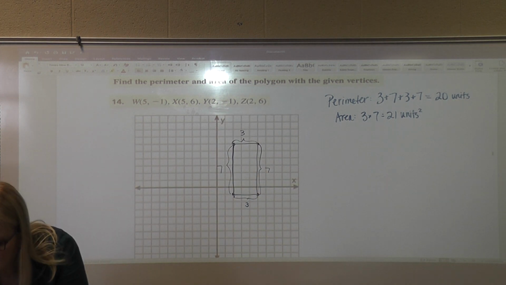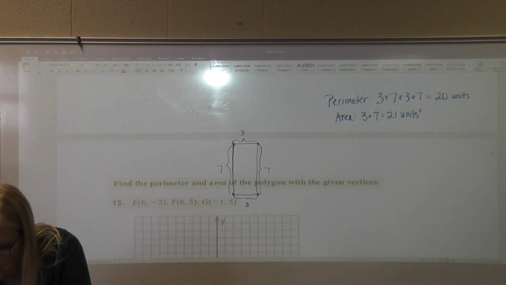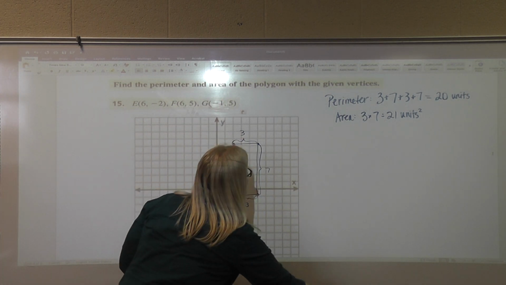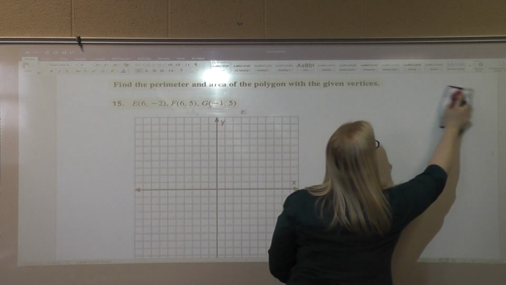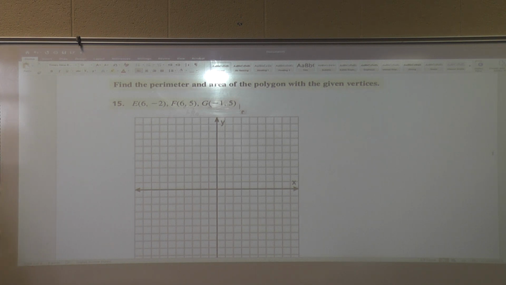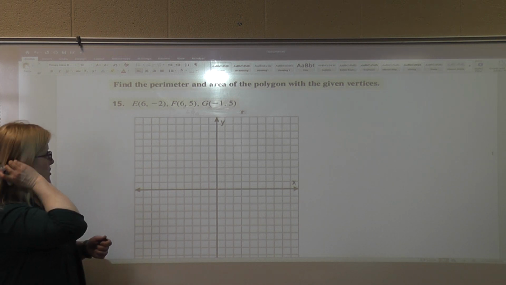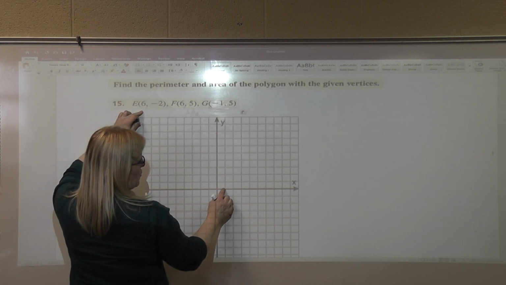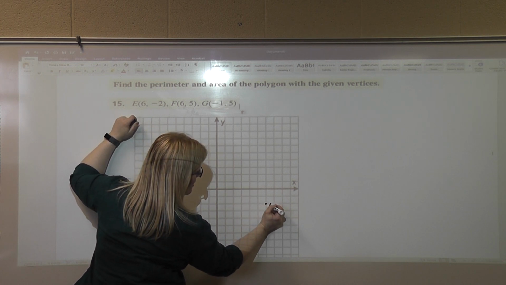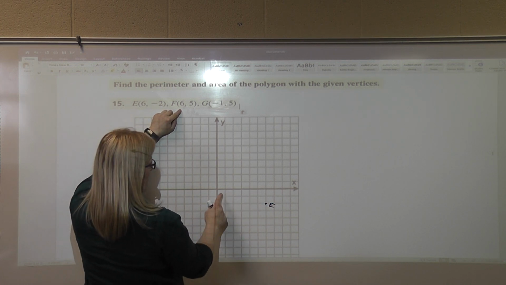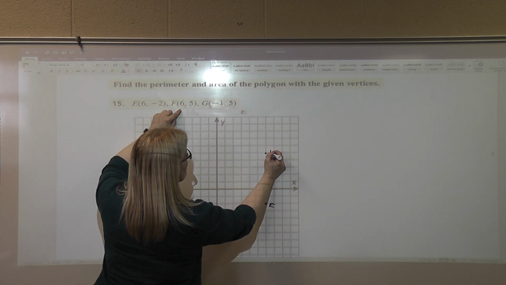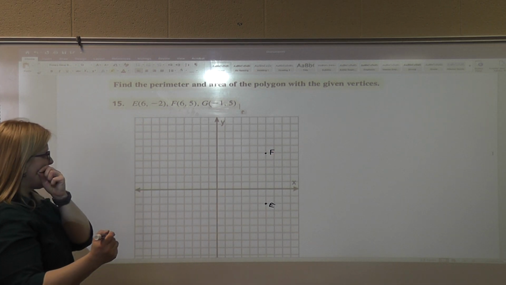All right, number 15. Find the perimeter and the area of this polygon. It's only got 3 vertices, so we know that it is a triangle. So we have E, which is 6, -2. There's E. F is 6, 5. So here's F. And G is